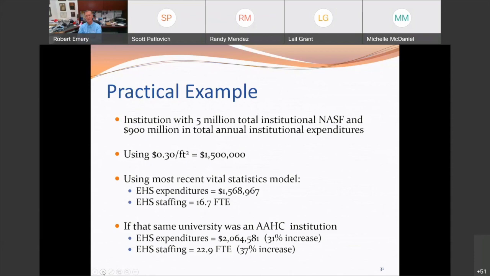But now they say, oh, by the way, we're a member of the AAHC, which means they have a medical school and let's say a graduate school of nursing. Look at the bump up. It bumps up by about 30, 35%, both the expenditures and the staffing. So again, these comparisons are very powerful because it allows upper management to say, okay, on average, we got about the inputs right, or maybe the inputs are quite low, who knows? But now we got to look at the outcomes. So you can't look at just part of the equation, you got to look at both, okay?